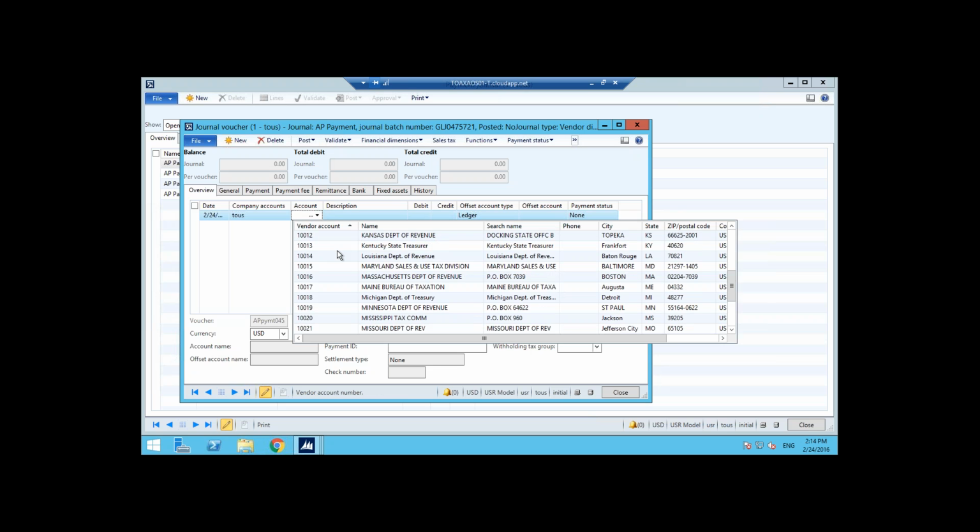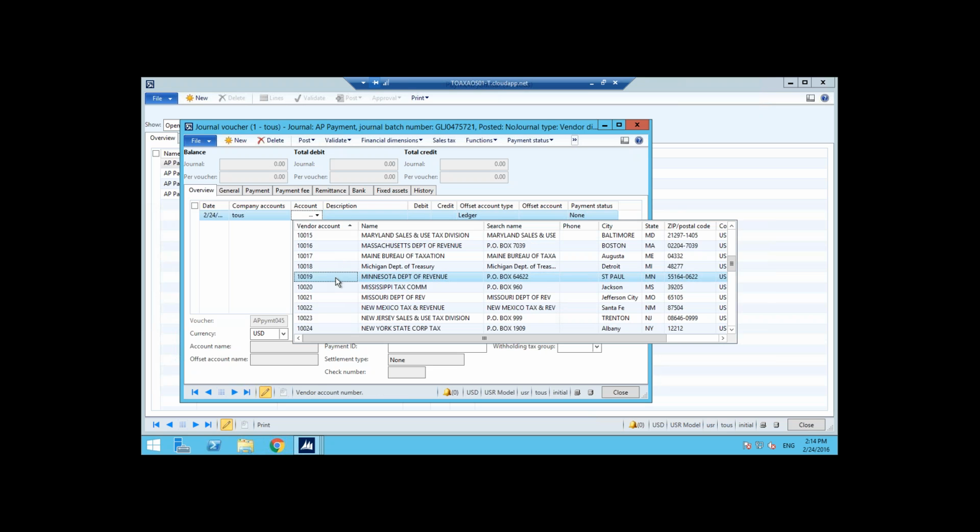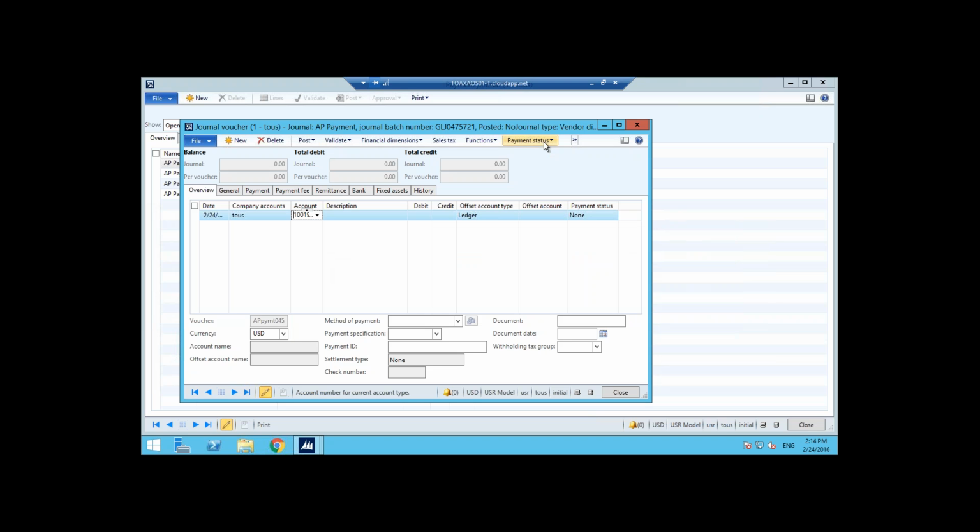So I was just showing the manual payment journal. So your selection of, suppose I'm selecting one vendor, then